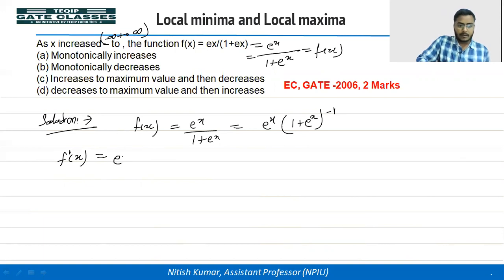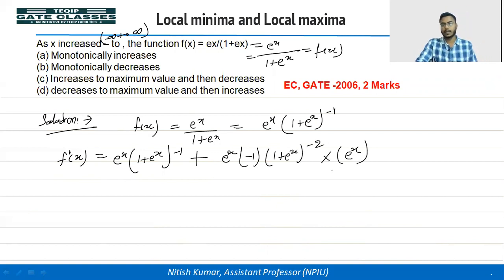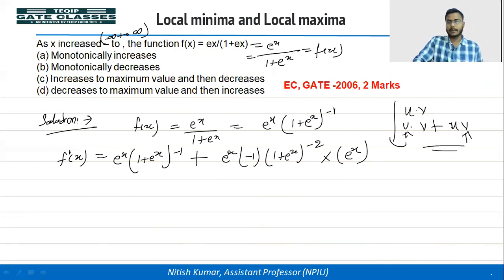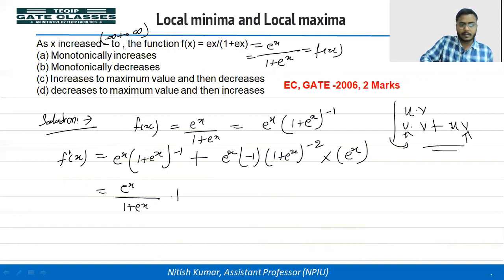What you can get? e to the power x into (1 plus e to the power x) to the power minus 1, plus e to the power x into minus 1 into (1 plus e to the power x) to the power minus 2 into e to the power x. चेन रूल, जिनको भी दिक्कत है डिफरेंशिएशन में आप थोड़ा सा रिवाइज कर लो, ठीक है? पहले हमने इस फंक्शन को किया, ये फंक्शन कैसा फंक्शन था, u इंटू v मल्टीप्लीकेशन में। तो पहले हमने u को किया, v को अलग किया, फिर then we can write first this one, then we can write here u v, then this one.